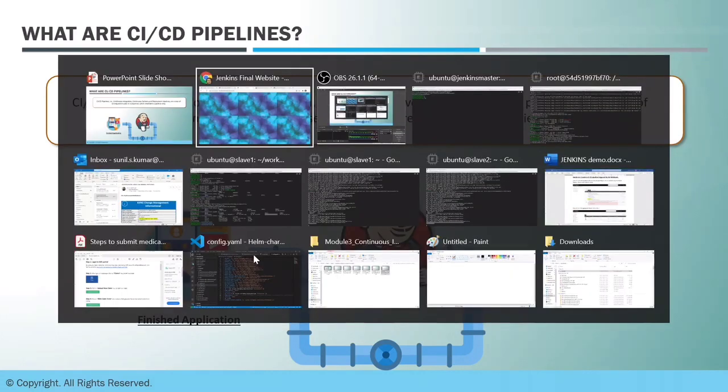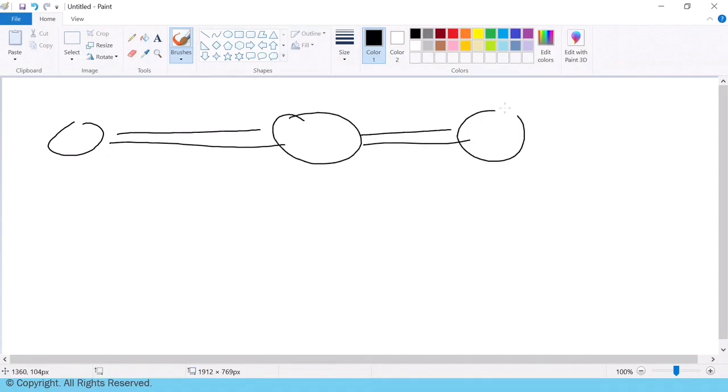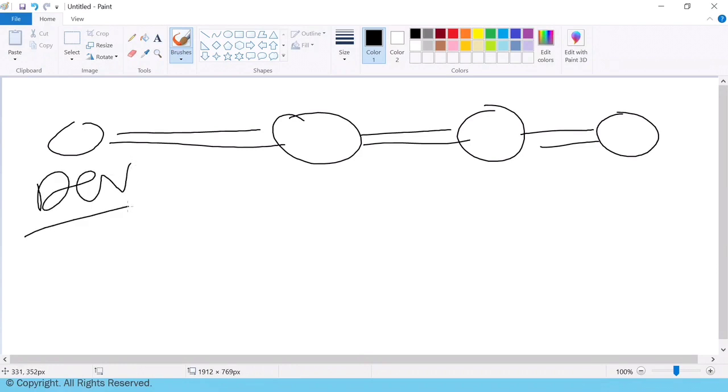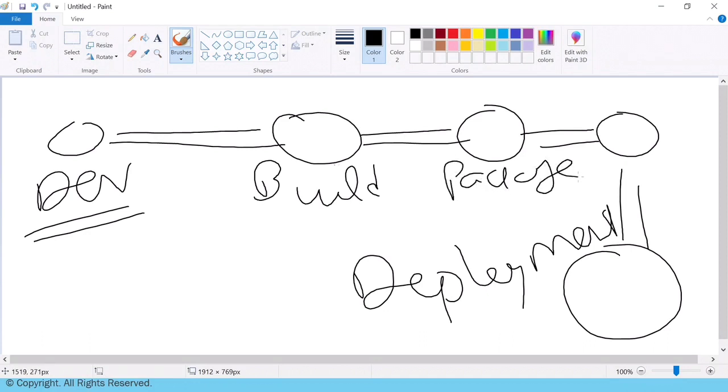This is the overall concept behind the name pipeline, because it creates a pipeline of the series of steps that you are willing to execute from development till deployment to the user environment. These initial stages can be build, package, test, and then deployment.